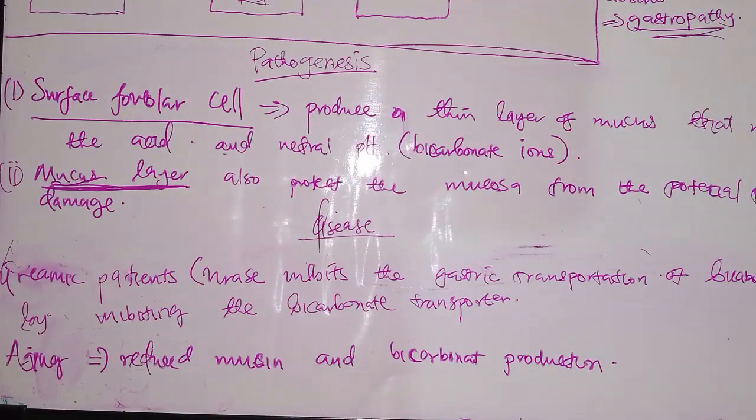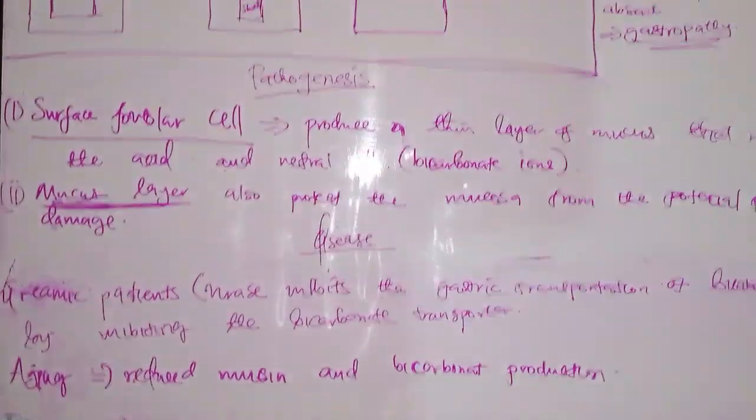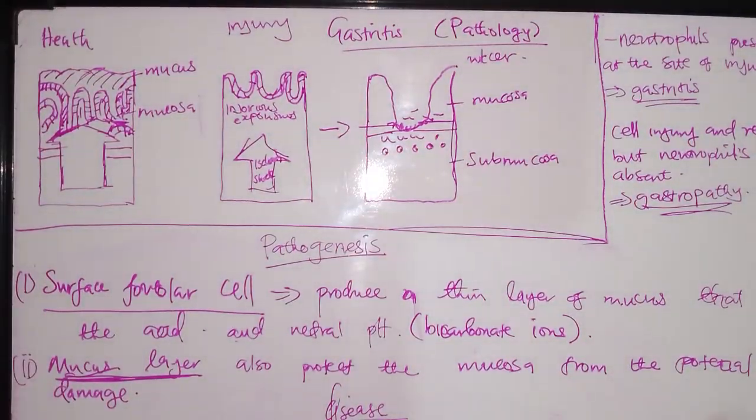Then we also have the final but not the least cause of gastritis, which is hypoxemia or decreased oxygen delivery. It may also increase the incidence of gastropathy. So when we look at the diagram now, here you can